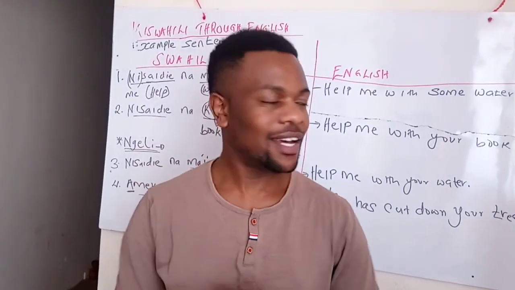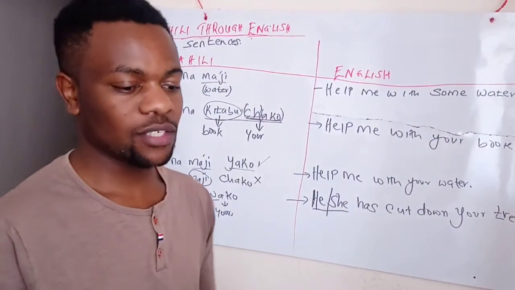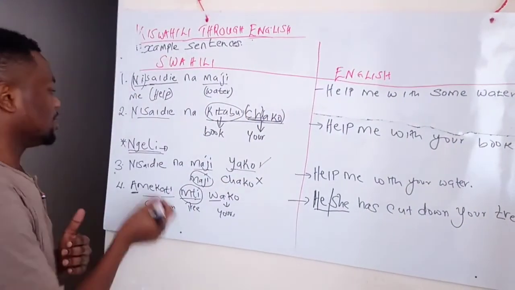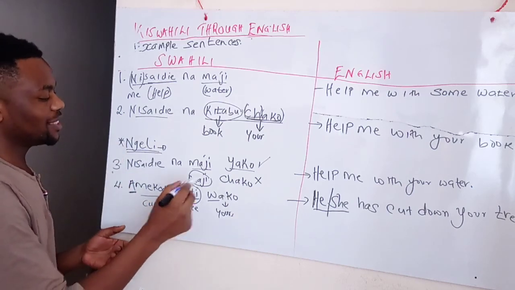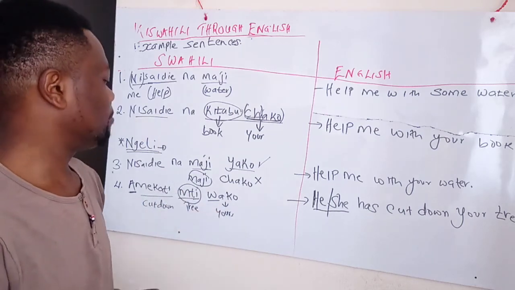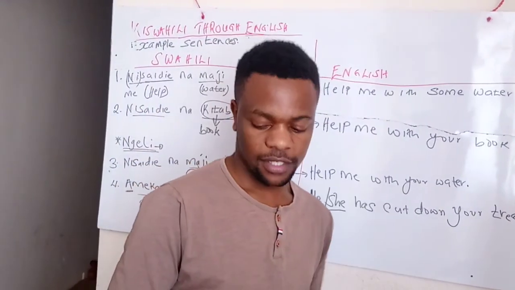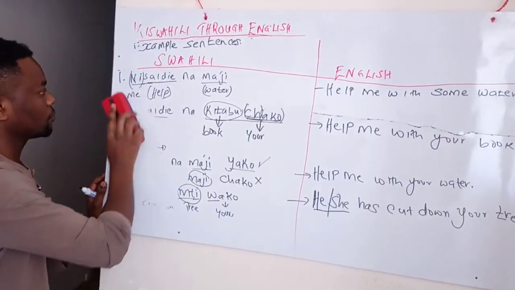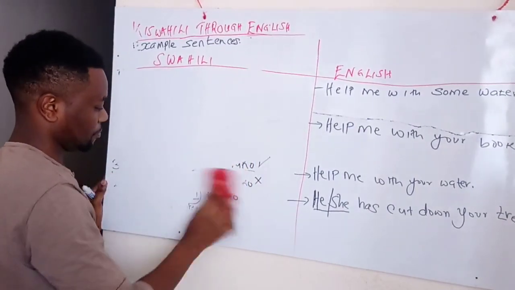I was just mentioning it because later on you might want to advance your Swahili, and to speak fluent Swahili, you'll need to understand ngeli. In that ngeli, that's where you know that it's not right to say mti chako, but rather mti wako. So amekata mti wako, that is, she has cut down your tree. Let me look for another ideal example based on